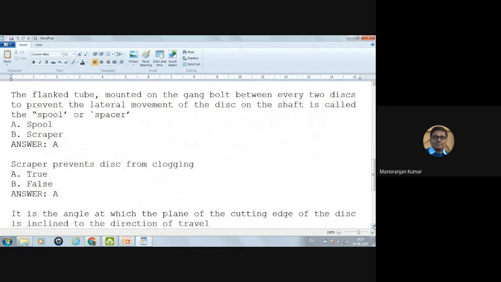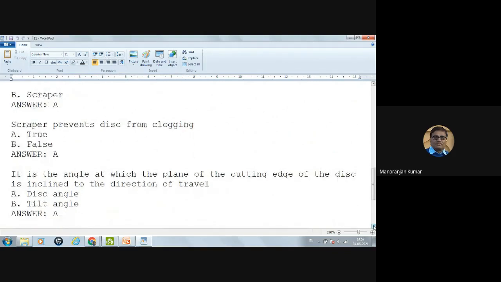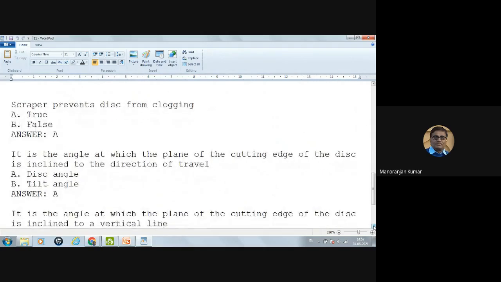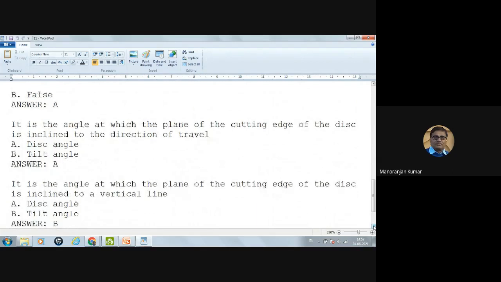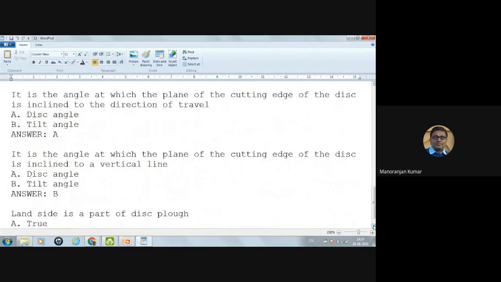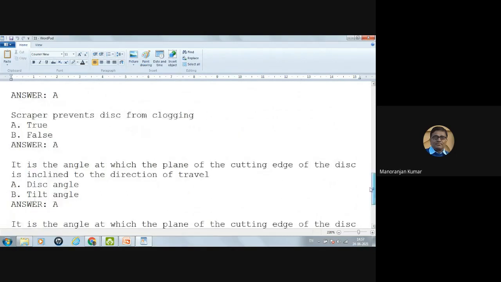It is the angle at which the plane of the cutting edge of the disc is inclined to the direction of travel. This is the disc angle. It is the angle at which the plane of the cutting edge of the disc is inclined to a vertical line. This is the tilt angle. Land side is a part of disc plow? No, it is incorrect. It is a part of MB plow. So, if you go through these questions,